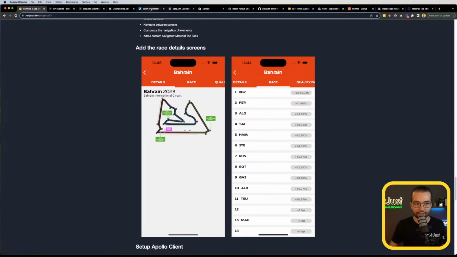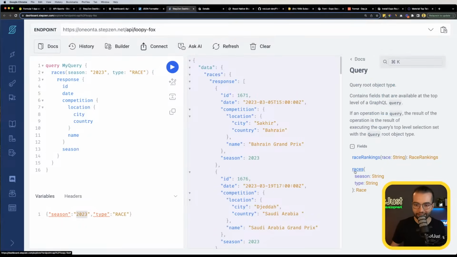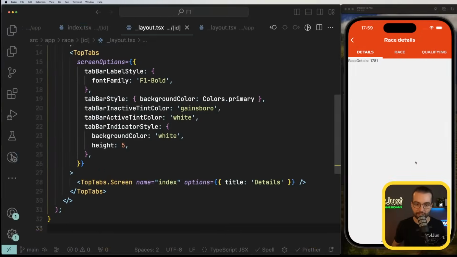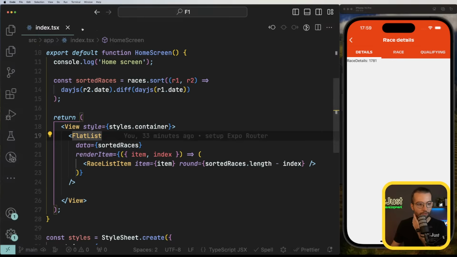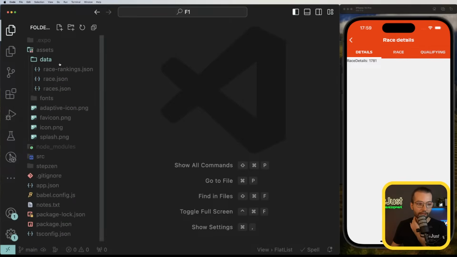We have already these endpoints and this data in our backend. If we look at the documentation of our backend, we have race rankings. So race rankings will give us the information about the rankings of drivers in a specific race. What I want to do first is, again, we're gonna work with some JSON data that I prepared for you,